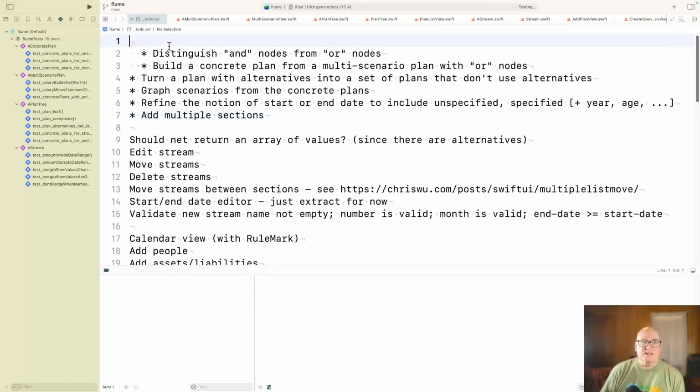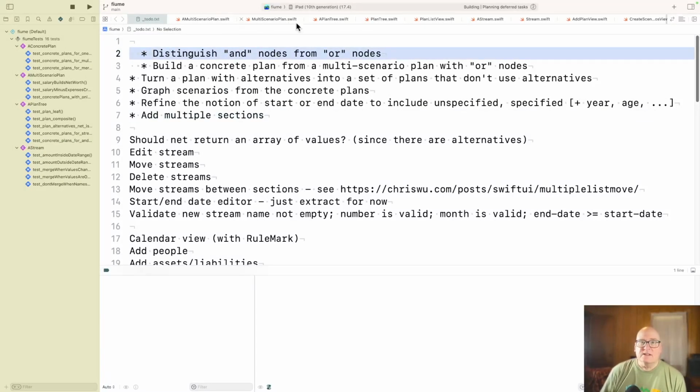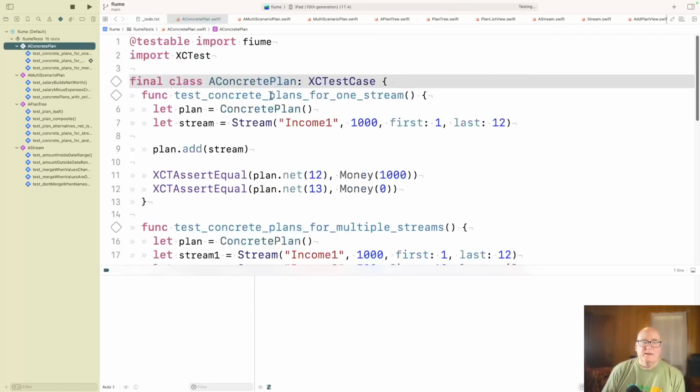We were talking about distinguishing and nodes and or nodes, and that's in a concrete plan. And as I was pondering things, these noun phrases are not my favorites. So I'm trying to come up with a better word for concrete plan, and I think it's actually scenario.